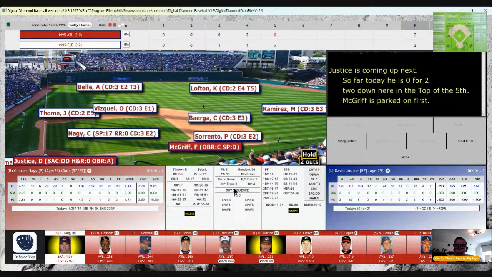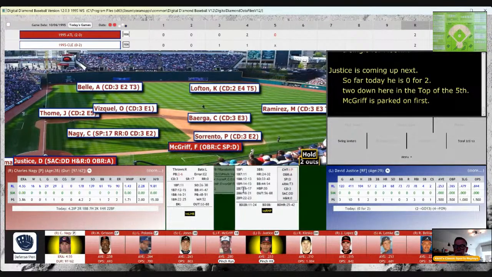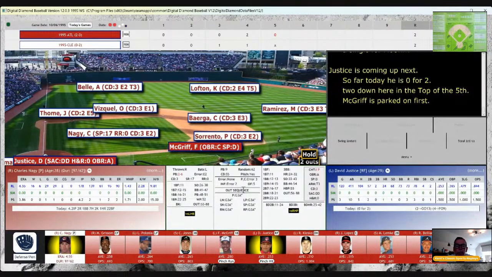That brings up David Justice, 0 for 2 on the day. Flew out to right his second time up. Will be on Justice's card. That 66, however, is an out. It's a liner at Tommy on third. Can he make the, well, yeah, it was on Justice's card.